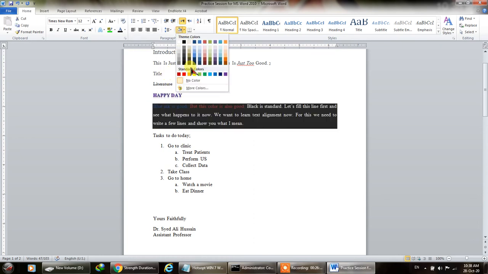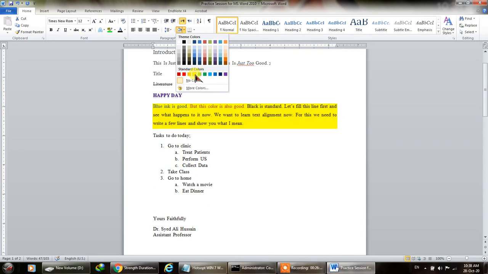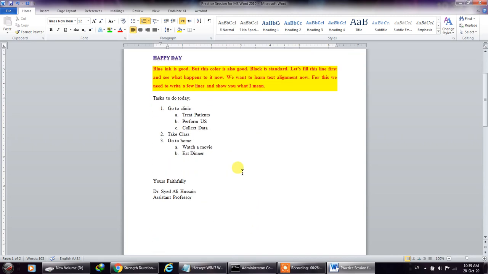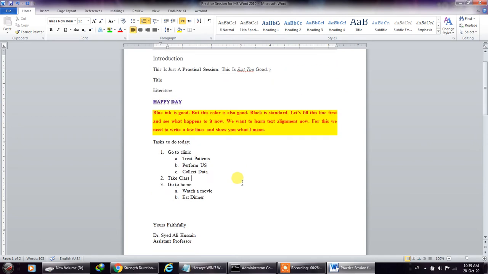Then you can highlight. For example, I want the background to be in the different color and the text to be in the different color. For example, on the yellow color, I think the red will be more prominent. And again, if I want to highlight it or bold it, now this gives another view or another look. So in the whole document, I have highlighted a portion, and then I have changed the writing style and even the ink also.